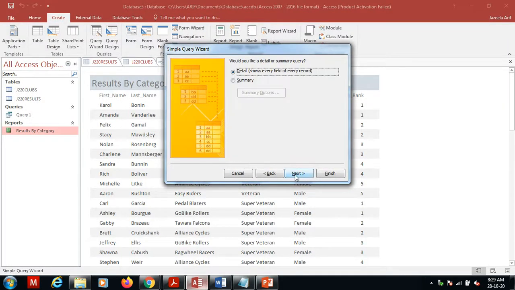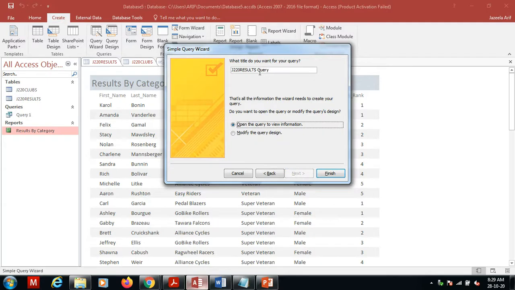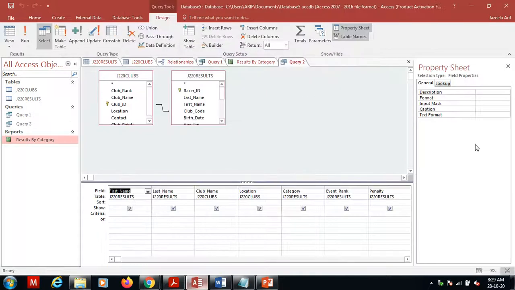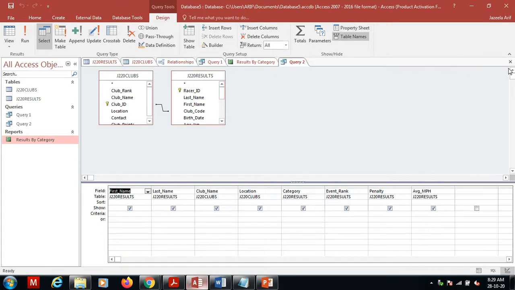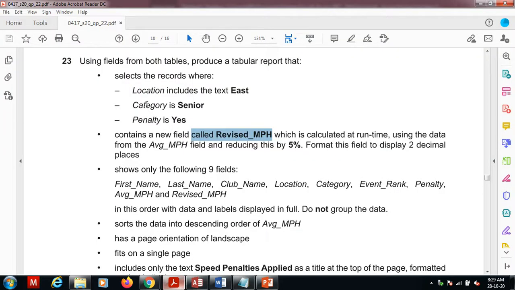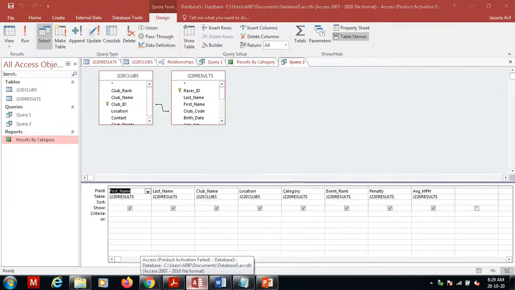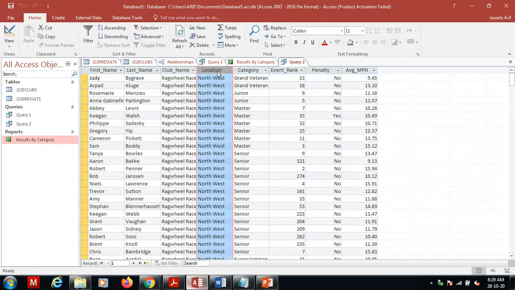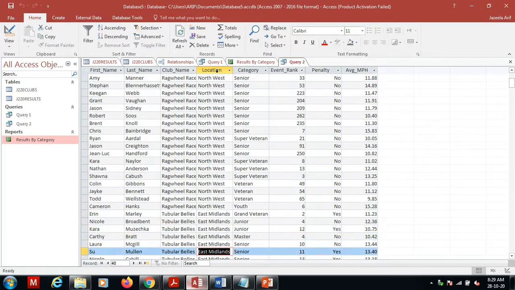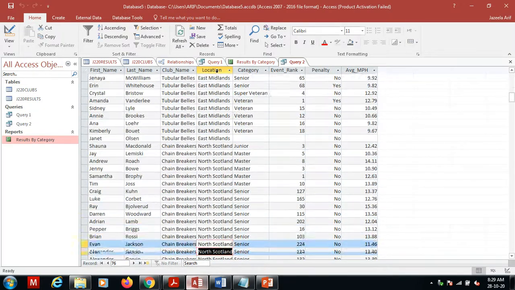So click next, next, and then I'm naming it query 2, modify. I can go directly to the design view. Now the first question is location includes text east. The term is includes. Includes means the east. The term east is not coming alone. You can just cross check in location. The east is not coming alone. It is coming with East Midlands, and